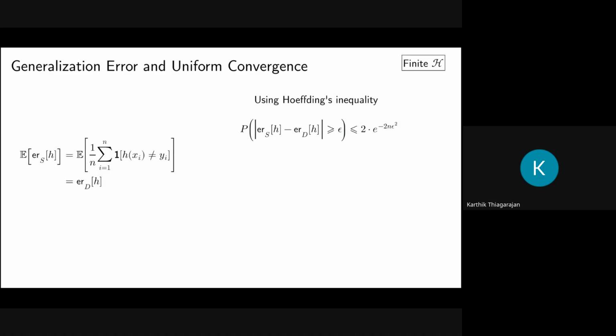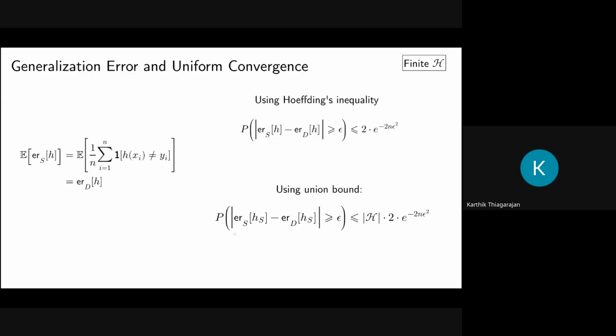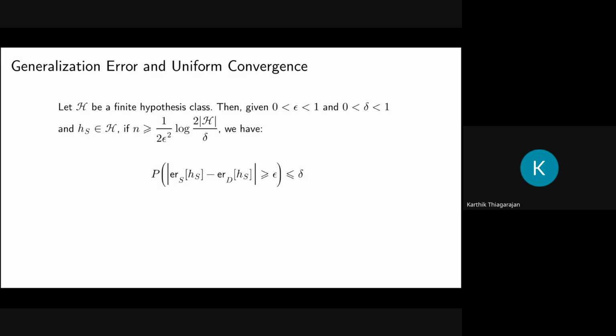This alone is not enough. You need the union bound also. What the union bound brings in is a connection. This is what we wanted to bound in the beginning, and it connects this with this. What you end up with is called the uniform convergence result. So what this is telling you is